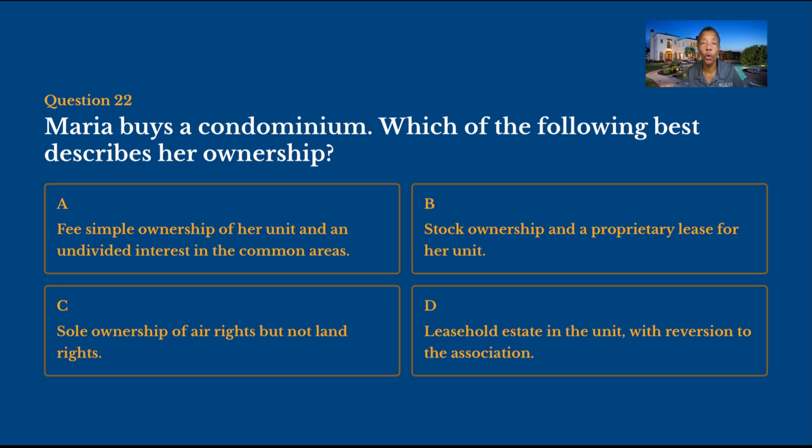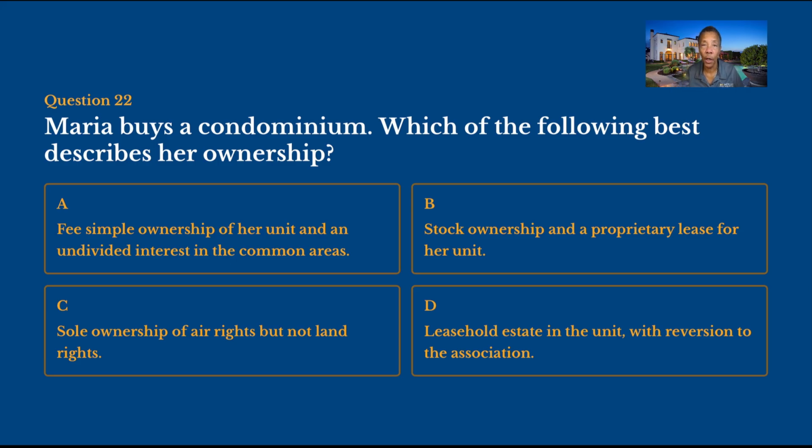So immediately you should be able to pick out that B and D are going to be wrong, right? This is not a lease and it is not a co-op. We only use proprietary lease in the term co-op. So we're back to A and C. Remember how I keep telling you that you have to be a good process of eliminator? Also, just get rid of those answers. Let's not even look at them.